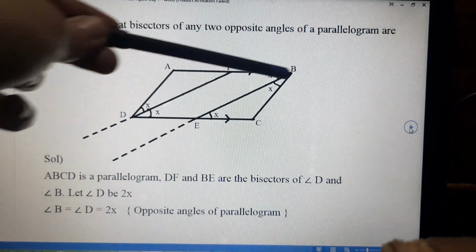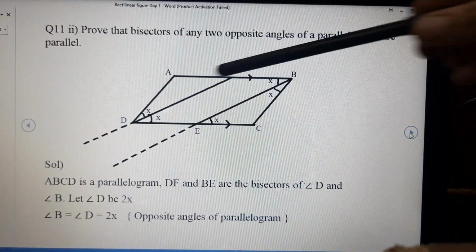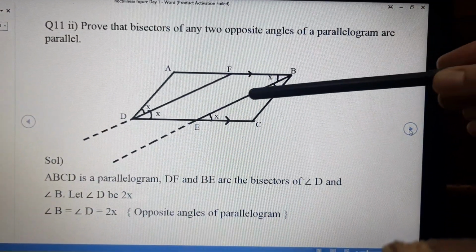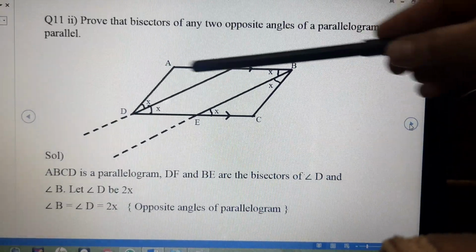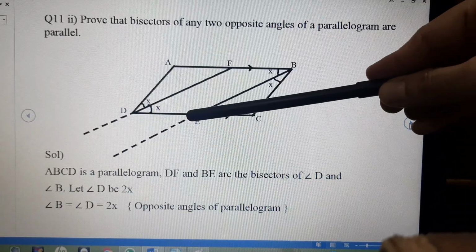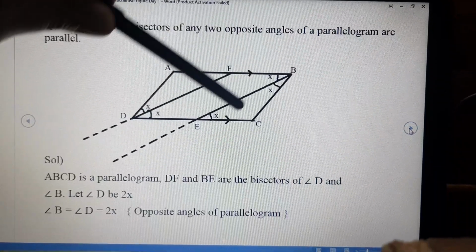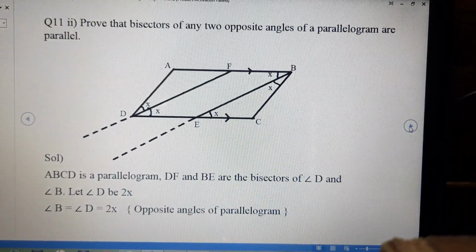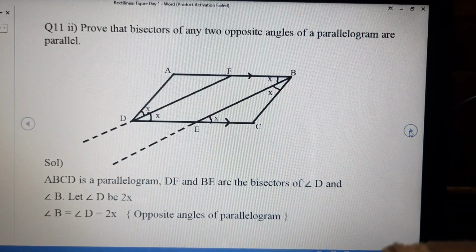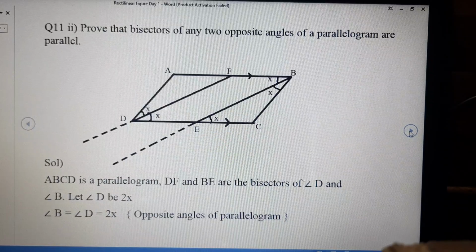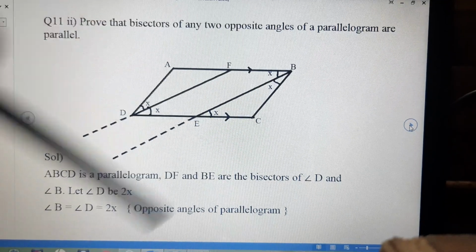Now, because AB and CD are parallel to each other, see AB, and it goes here and it comes here. So it is forming a Z: AB, then BE, then EC. So it is forming Z. It means if this angle is x, this angle will also be x. Angle ABE will be equal to angle BEC because they are alternate angles. So if this angle is x, this angle also becomes x.